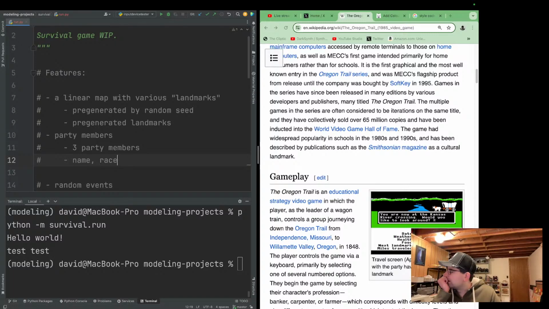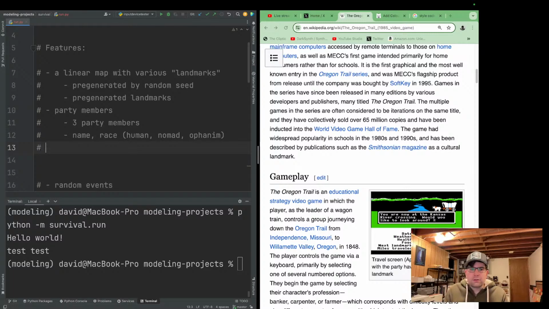I forget what the politically correct term for race is now, but in my world, there's humans and there's nomads who are like these demons or extraterrestrials, and then I might also allow some other angelic races here, like Ophanims. And then in Oregon Trail, you have different resources that you have to replenish. And it's just so interesting because there's not a million different resources, but there's just enough to have it be interesting.